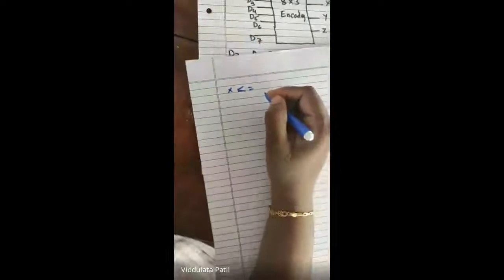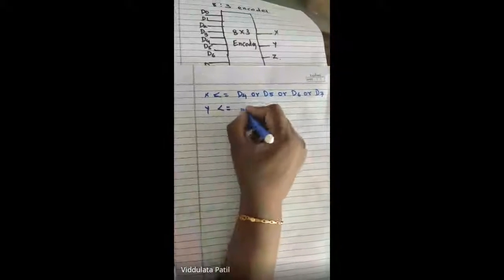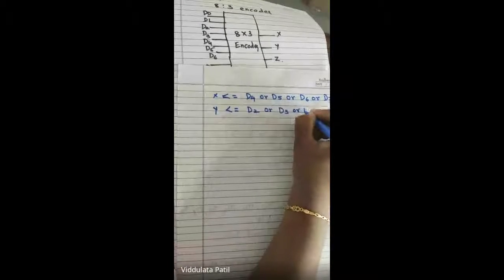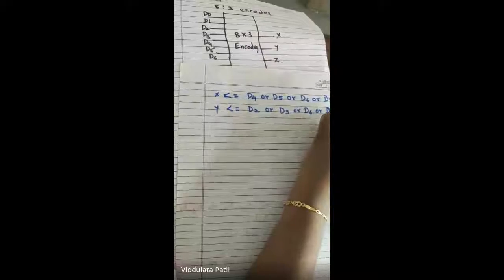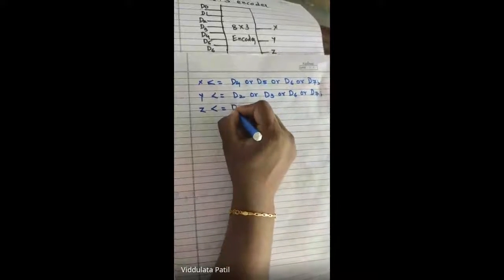x is assigned to D4 or D5 or D6 or D7. Okay, then y is assigned to D2 or D3 or D6 or D7. A semicolon should be there after the end of each statement, and then z is assigned to D1